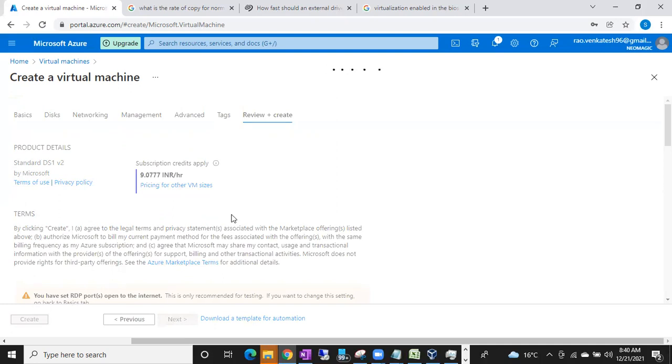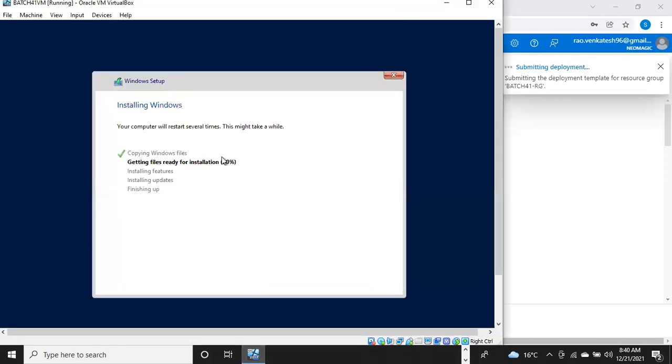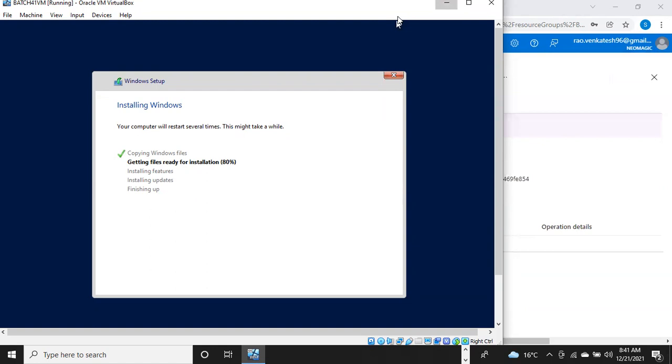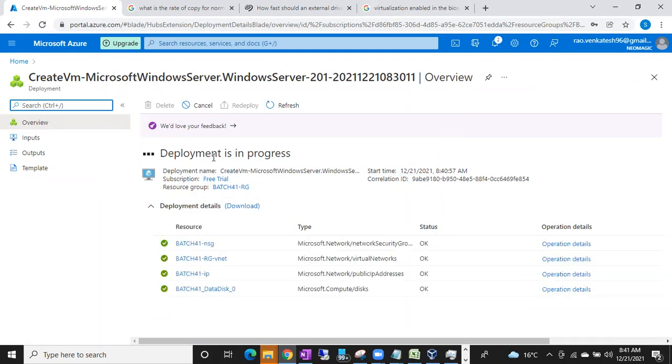Automatically the machine will be created. It will take just 2 minutes. If you go to this virtual machine, where is it now? It is still running, right? 80%. It is still taking time, but compared to the on-prem machine, this Azure VM will be created immediately. I'll show you that as well. Nothing I did here. I gave storage, I selected the operating system, I selected the course, I selected the system model, I gave a VM name and a resource group name. That's it. Everything else was created by itself.